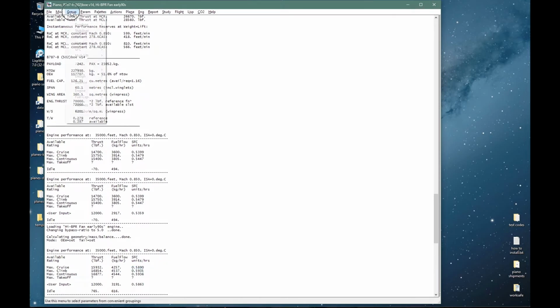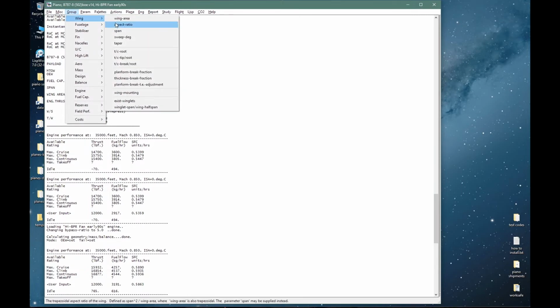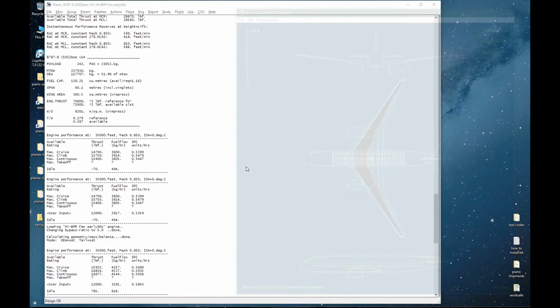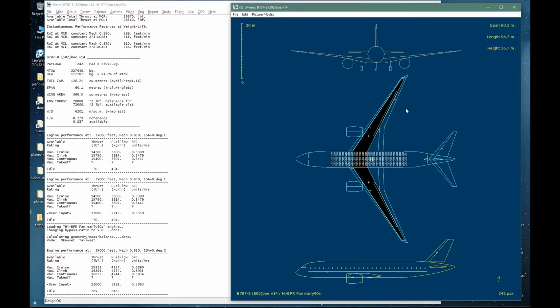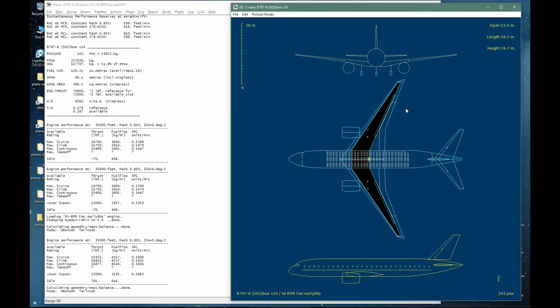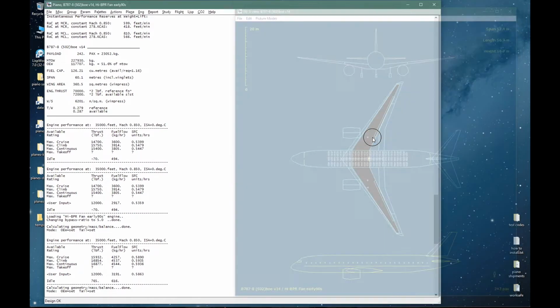I can also change the aeroplane itself. So if I look at the aspect ratio, it's 10.5 at the moment. That's by trapezoidal definition, and that looks like this. If I pop up the dialog again and reduce my aspect ratio to, let's say, 8, do the drawing again, you will see that as soon as I asked for the drawing again, it did a geometry mass balance calculation, so everything has changed. The wing is, as you can see, stubbier now, and if I look at the aerodynamics,